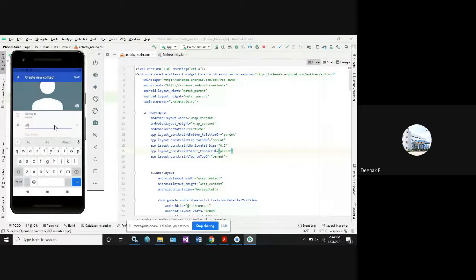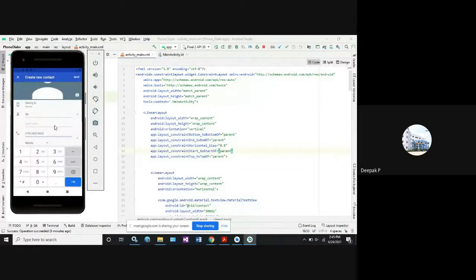You can choose based on the Android virtual device manager, what you are going to take as the output. Based on that, the selection will come. I have taken the updated one here. It gives first name, last name, and we have additional data. So the number has been saved here.